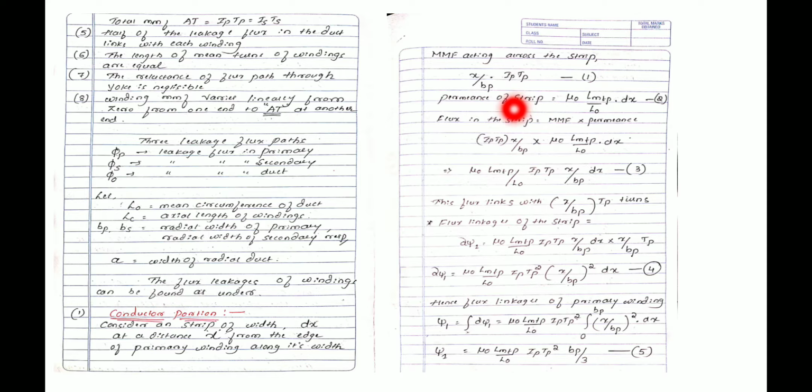So getting my point, the permeance is nothing but a measure of the magnitude of flux for the number of turns in a circuit. It measures the ease with which the magnitude of flux is produced for the number of turns in each circuit. Getting my point? The permeance is nothing but this.